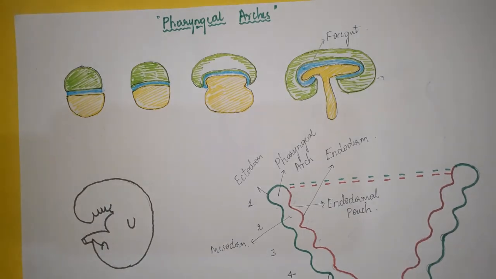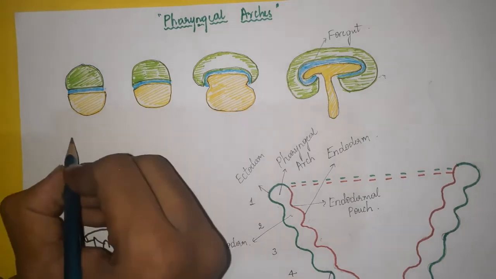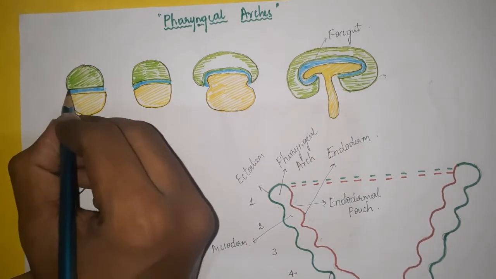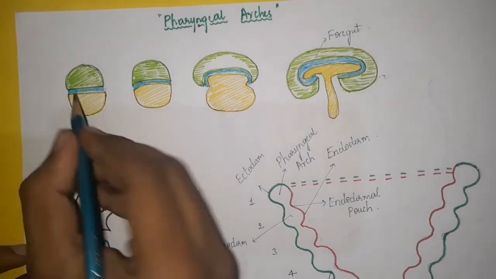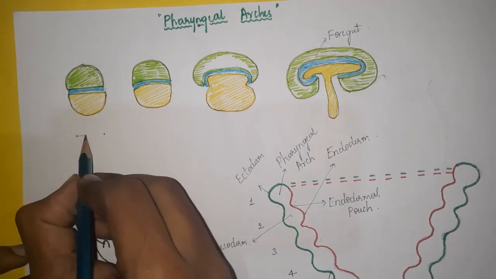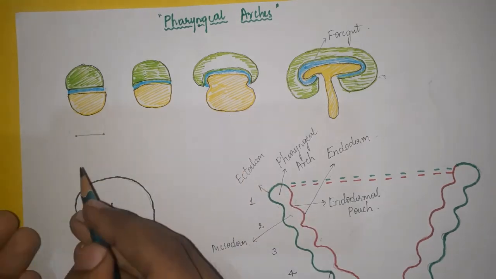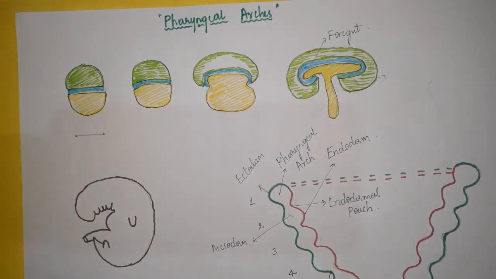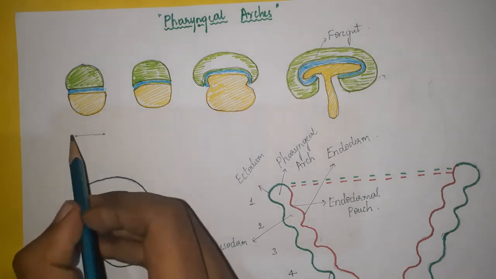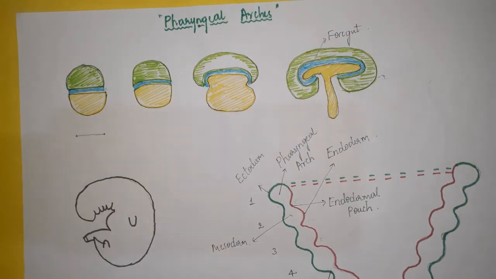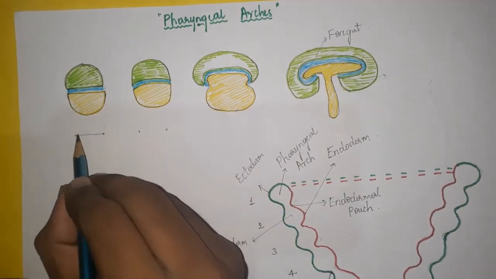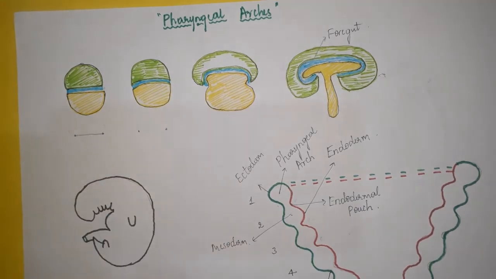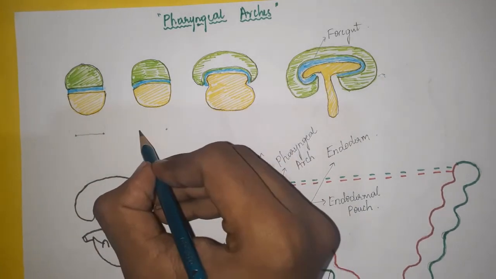What happens during the course of development is the relative position of these two ends of the ectodermal lining will remain the same. See here, these are the two ends, right? In the first stage, the ectodermal layer was like this, but during the course of development, the length of the ectodermal lining increases, but the relative position of the ends remains the same. See here, ends remain the same, but this ectodermal layer will grow in length. What happens? Bending occurs like this.